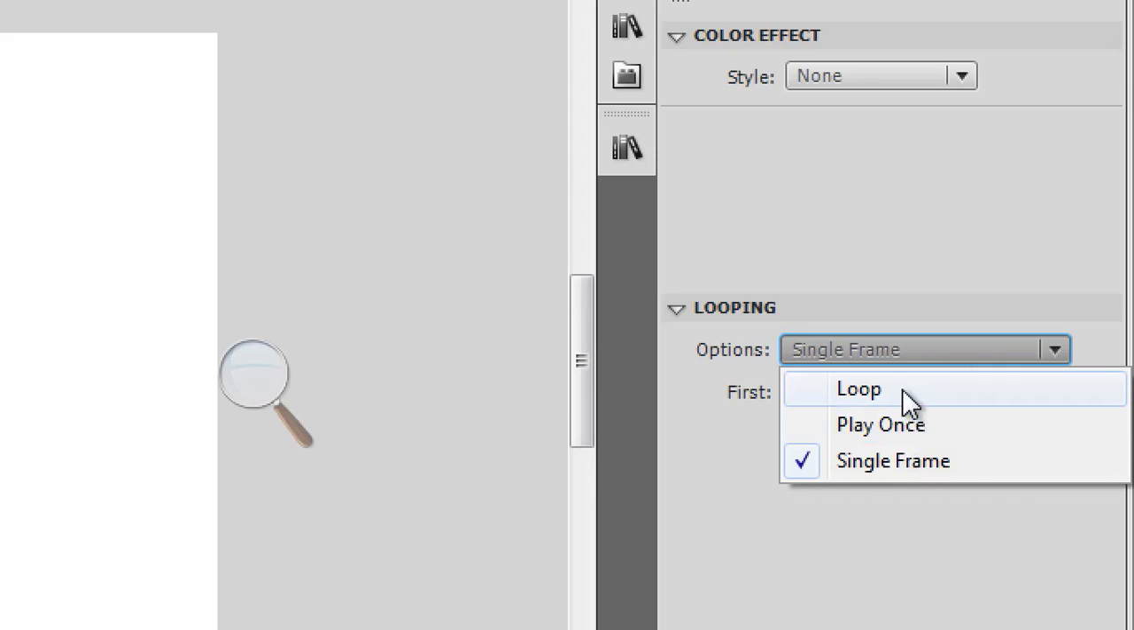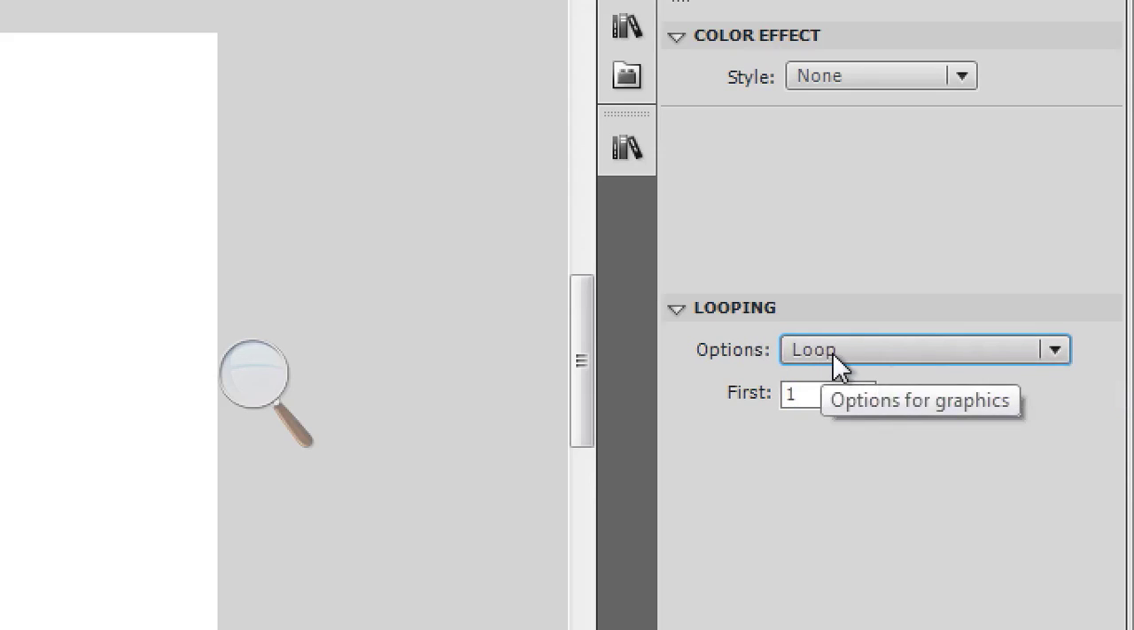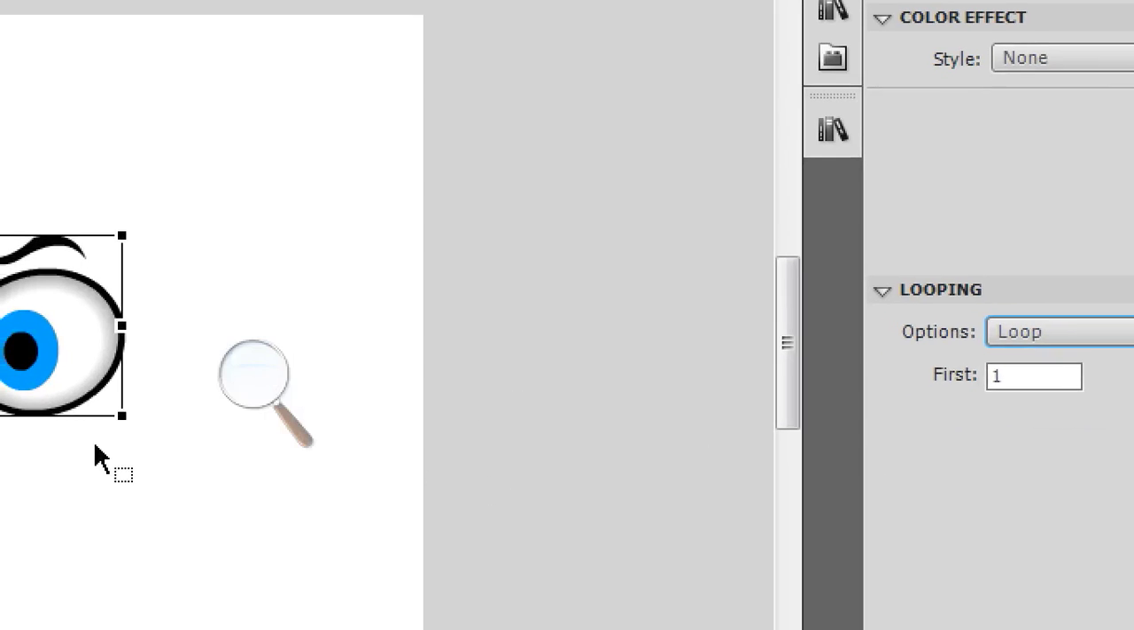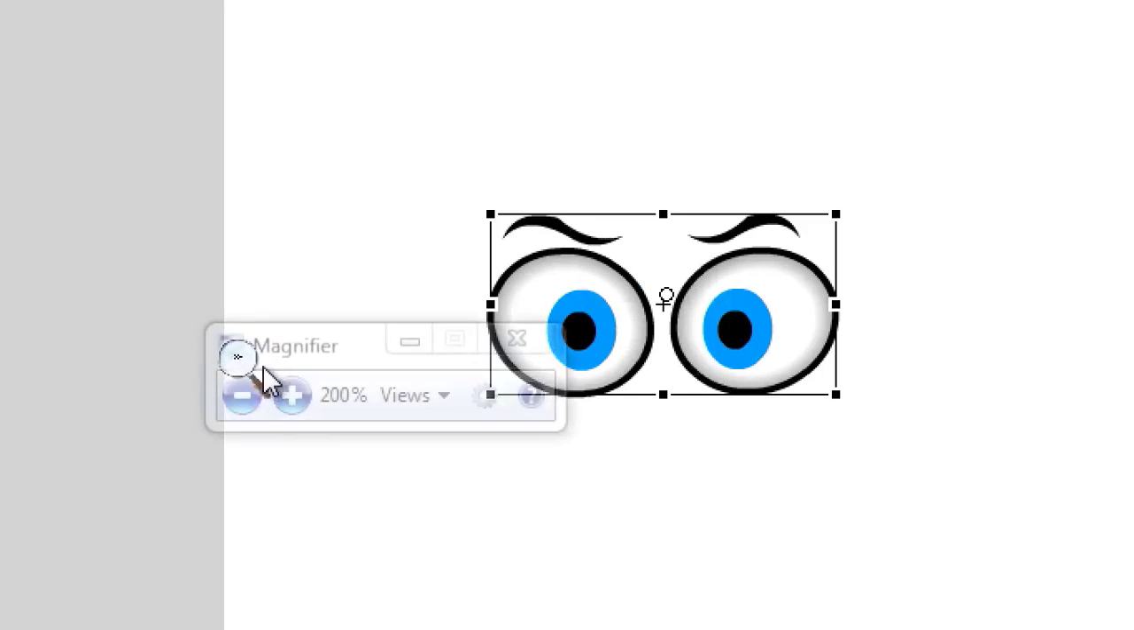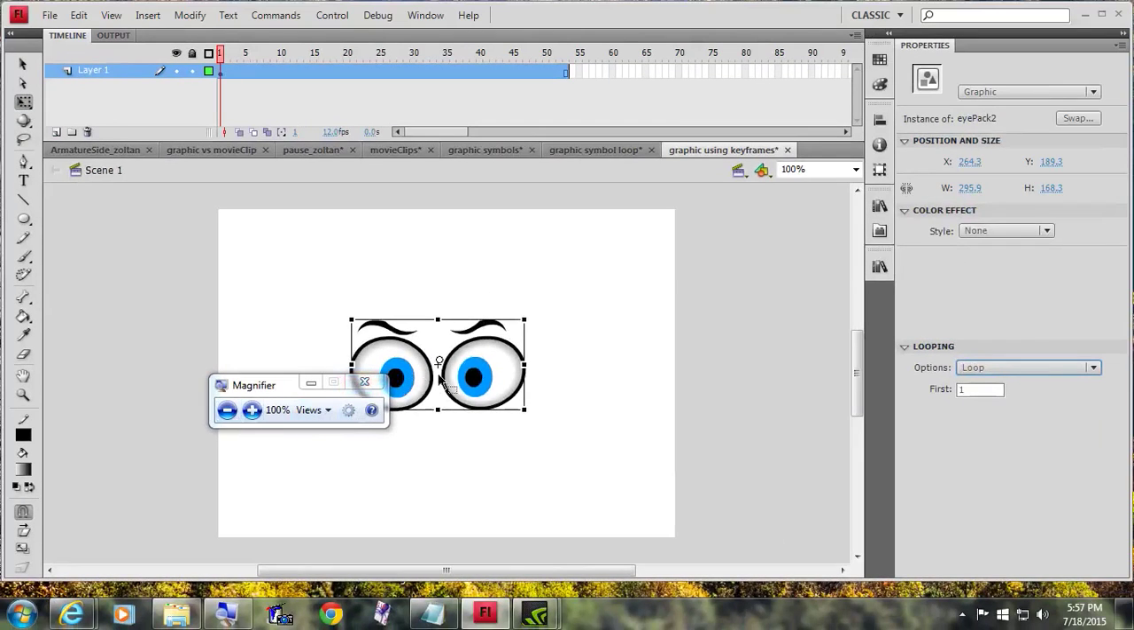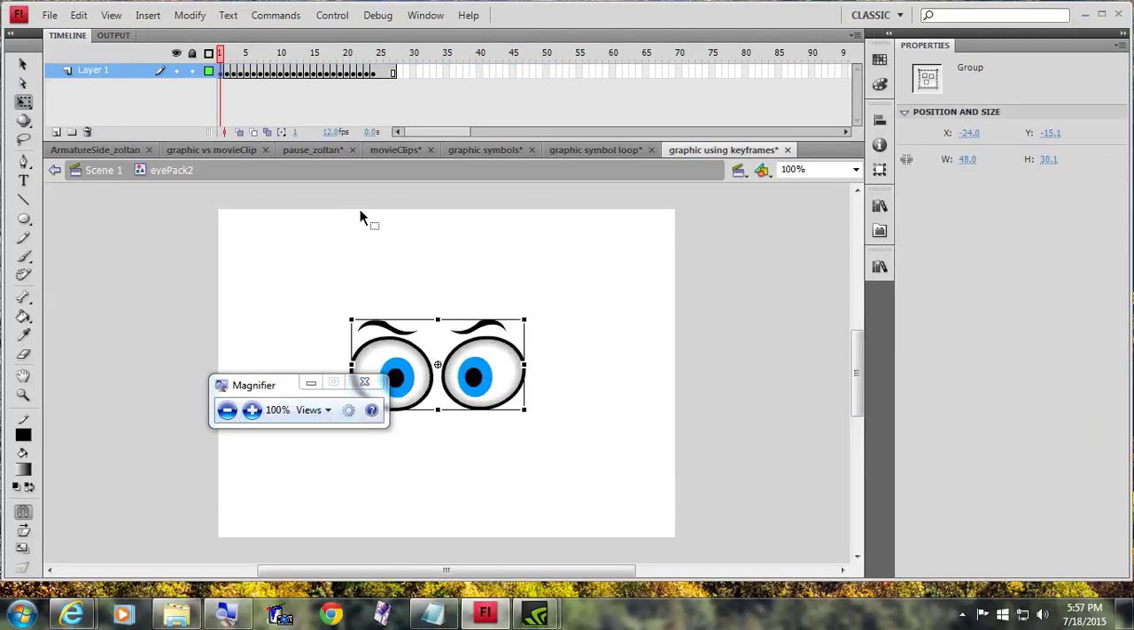I'm going to change this to loop, and first means which one of the frames is going to play first. And I'll show you why it says that. Graphics are just like movie clips, except they don't play in the timeline like a movie clip does. This is a graphic, so if I click on this graphic and go inside it, you'll see, if you look up top here, it's got